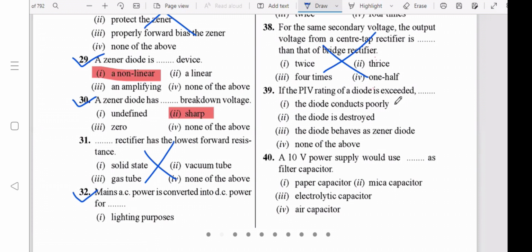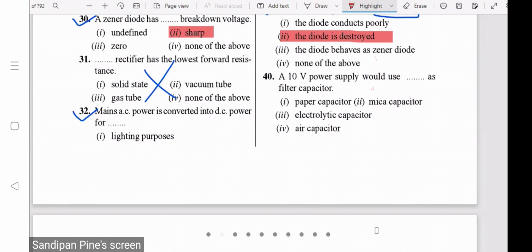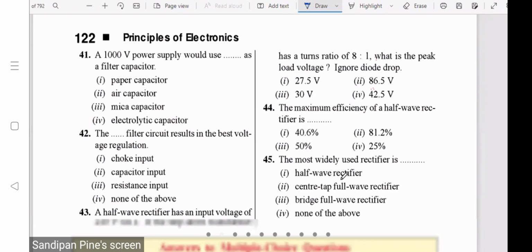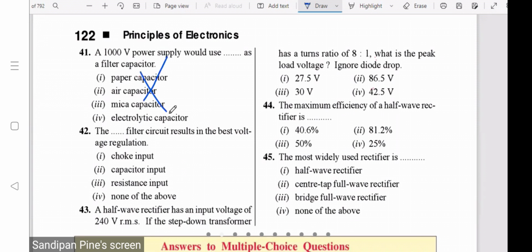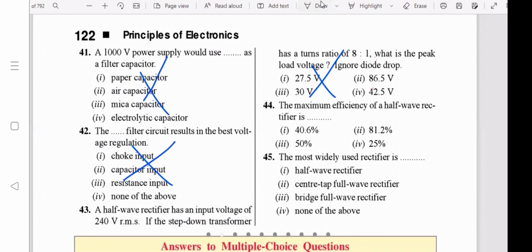39. If the PIV rating of a diode is exceeded, obviously the diode will be destroyed. Exceeded means you have increased it. If you increase it, if it is exceeded, then obviously the diode will be destroyed. Filter capacitor also is not taught yet. Maximum efficiency of half-wave rectifier we will teach, but you remember I just told you that maximum efficiency of half-wave